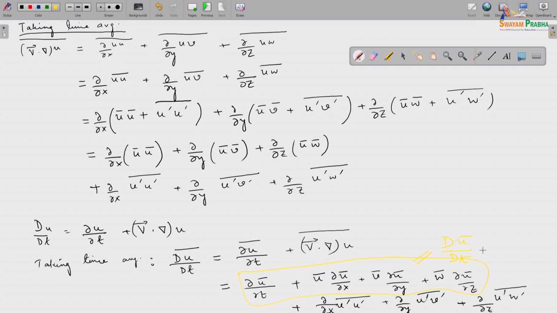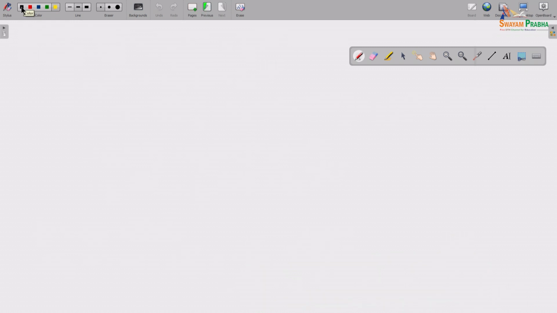I can also write it in this fashion. So, essentially, the first term boils down to this, plus of course, we have